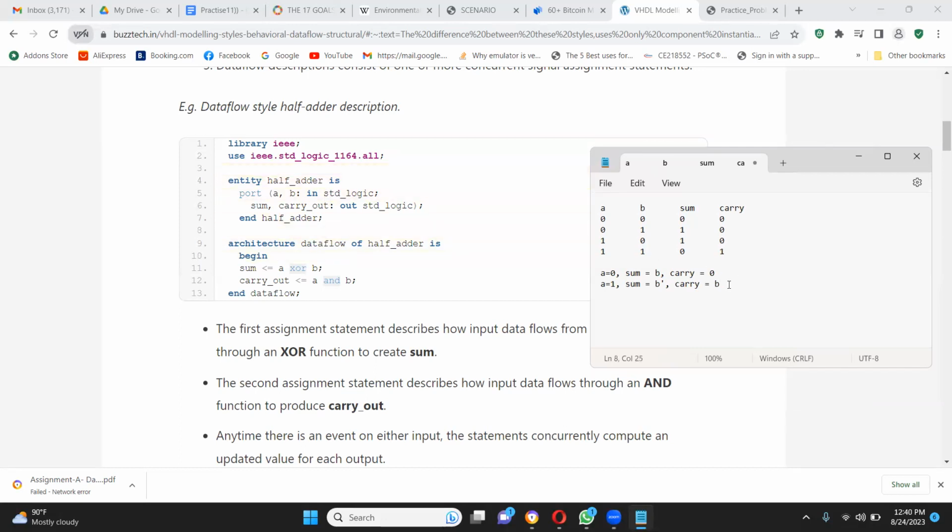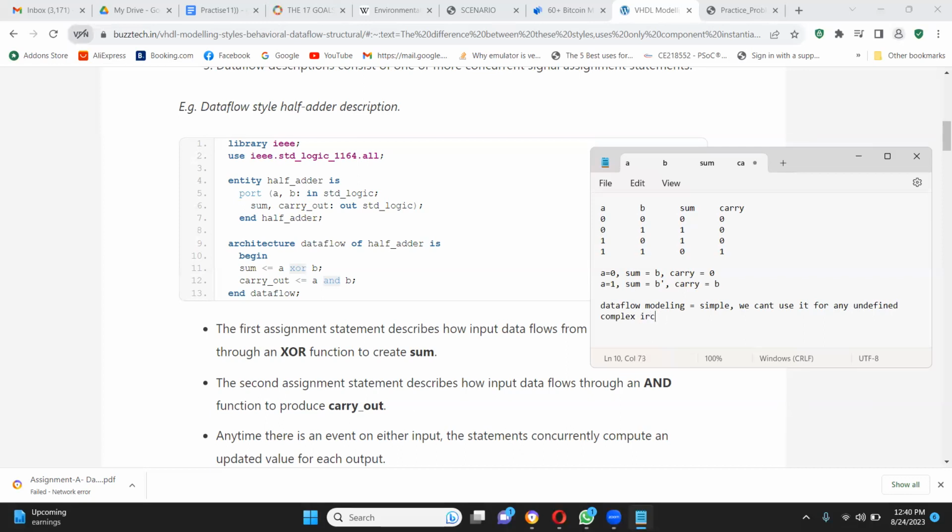So what you can understand from this is data flow modeling is very simple, because you are already using defined gates to implement the function, but we cannot use it for any undefined complex circuit. For example,